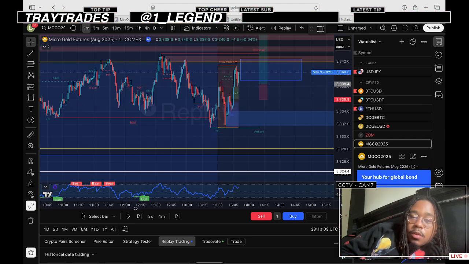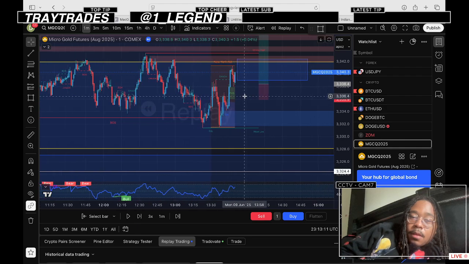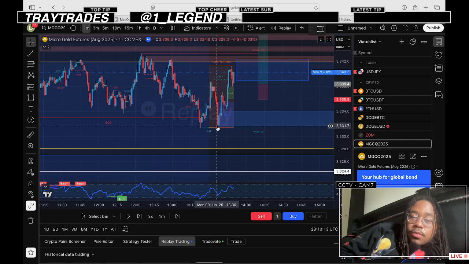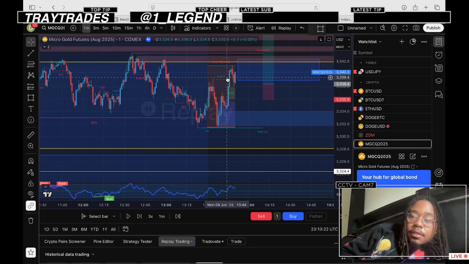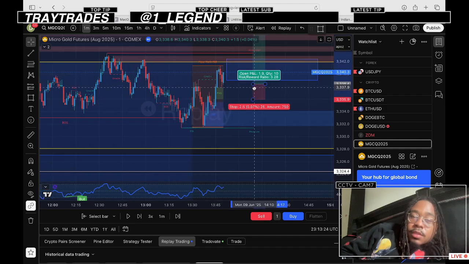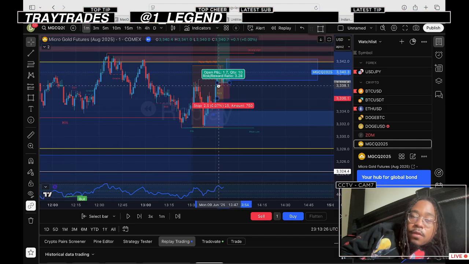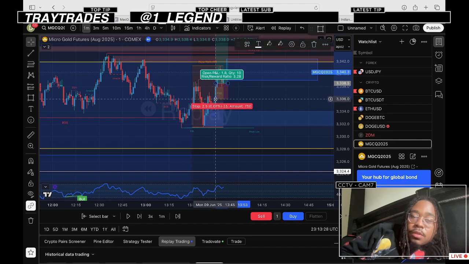Bam. Right here. So we see we got two equal lows. Price retrace, make this low. Then we get a higher low, and then we break structure, right? We create a chalk right there. So my entry was literally from the tip of this candle to a little bit under this fair value gap,